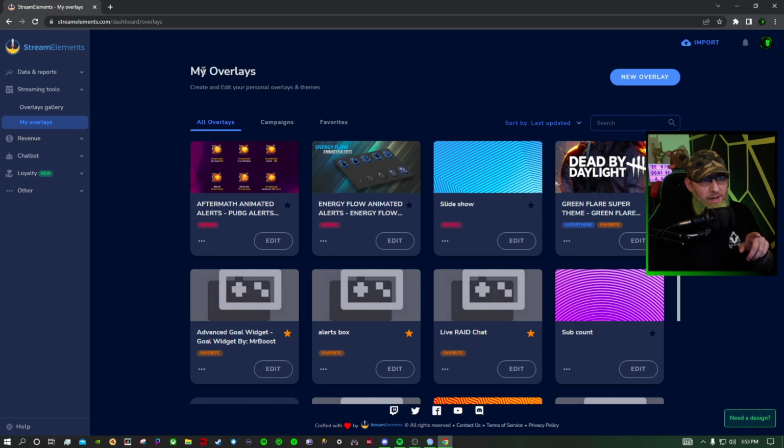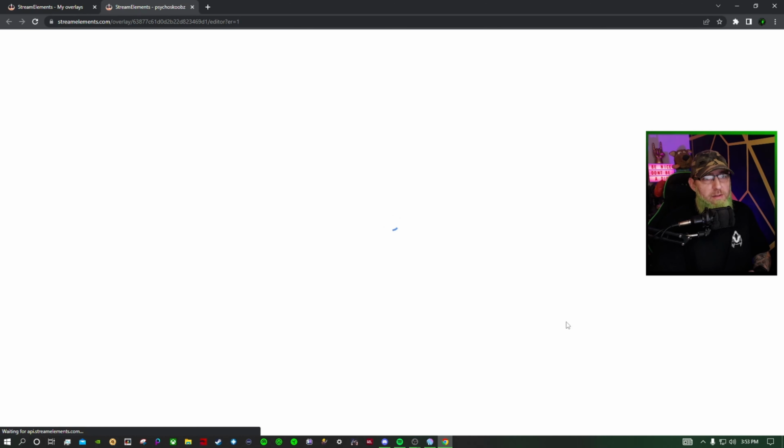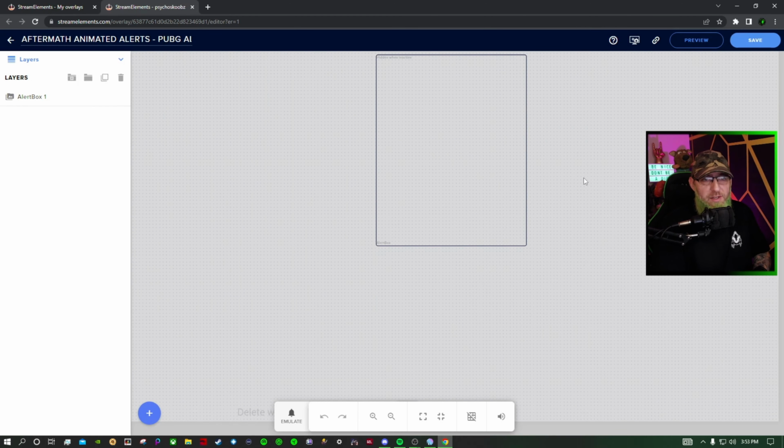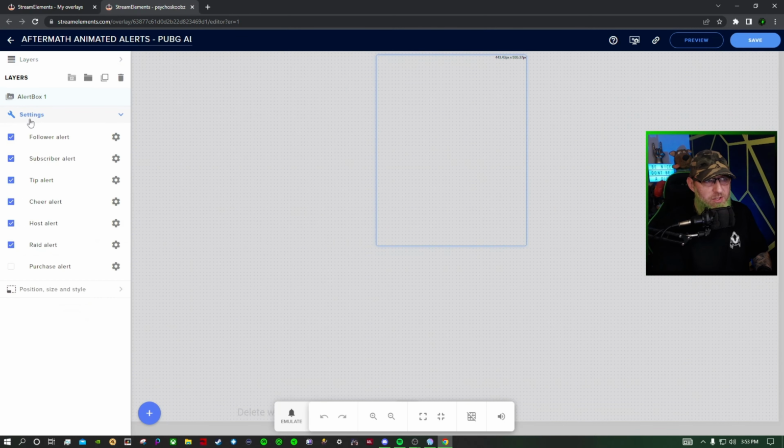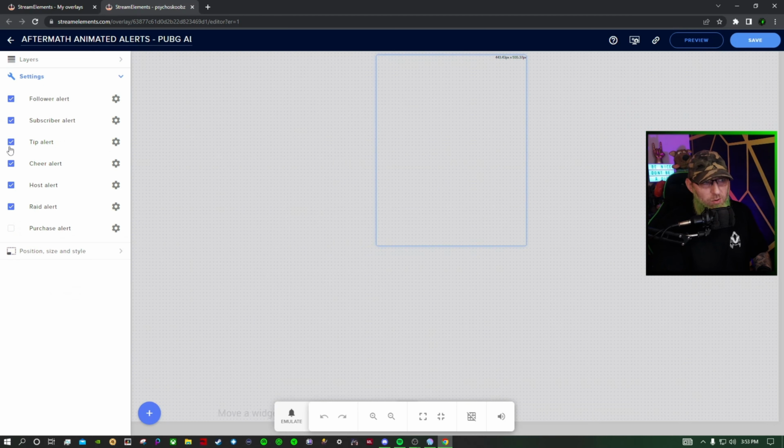Now you'll have it in my overlays here. So here's the Aftermath animated alerts. Click on edit, and it'll bring you to this screen. This is a straight up 1080 screen as well, so it's 1920 by 1080. So here's the alert page there. If you click on there, go to settings, tick all the ones that you want to have showing up on the screen. So it'll be like follower alert, subscriber, tip, cheer, host, and raid alerts. You can also have purchase alerts for when people purchase your